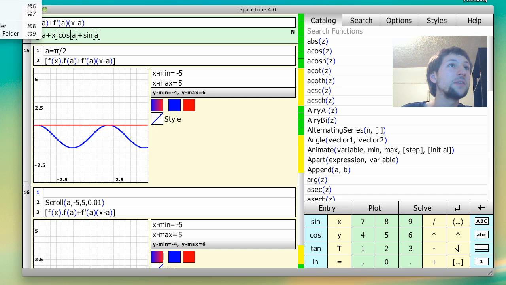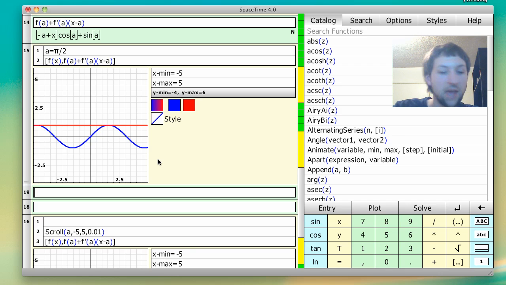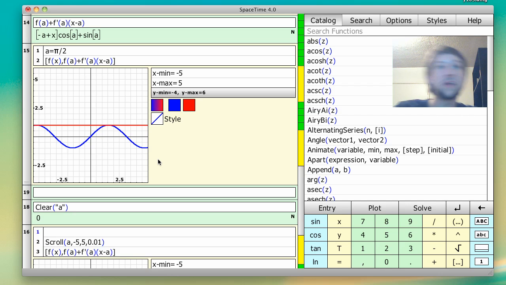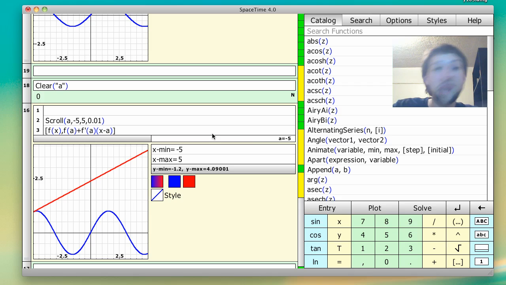So what I'm doing now is I'm going into edit, and I'm doing an insert entry. So that would be the same as an Apple shift, Apple plus. So Apple shift equal sign gives you another line. And so if I do a clear on A, and I put it in quotes, it'll return a 0. That lets you know that it did something. And then now if we do it, the value of A is cleared, and if you'll notice, there's a scroll